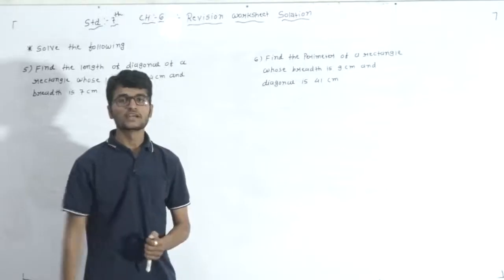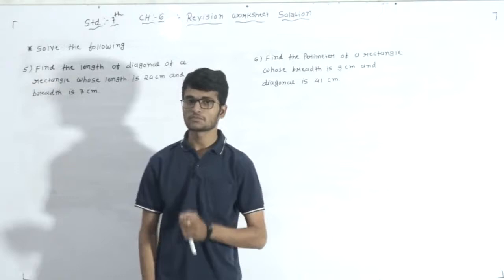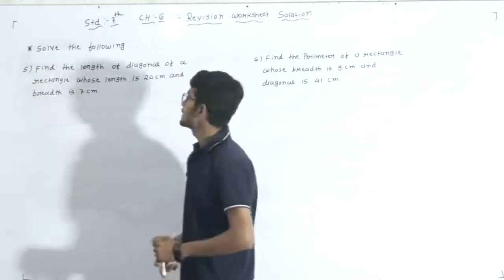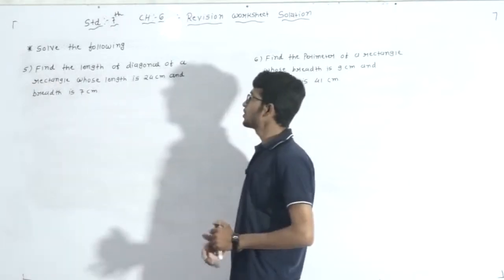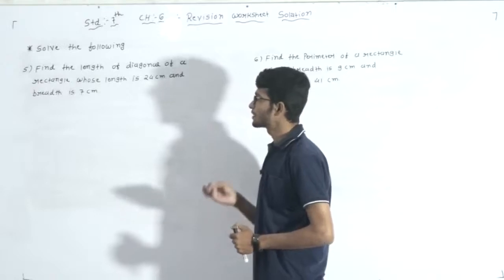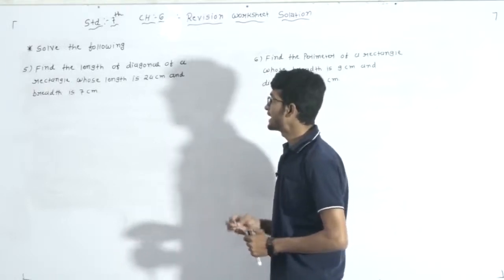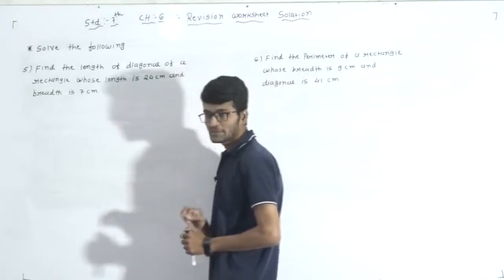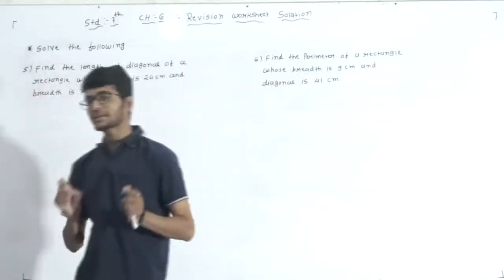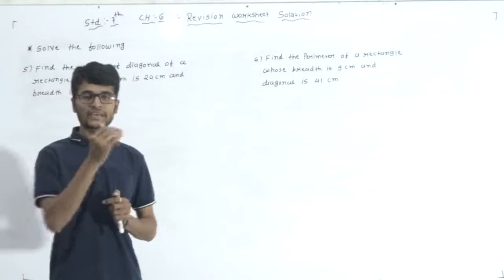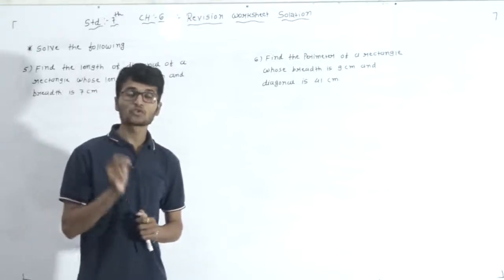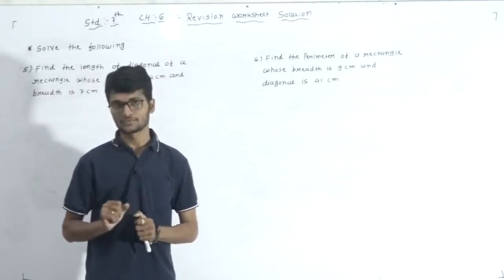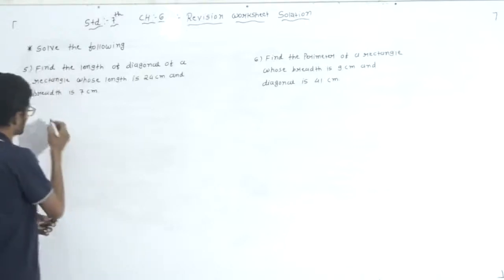Okay, students, now to our next question, question number 5. In question number 5, find the length of the diagonal of a rectangle whose length is 24 centimeter and breadth is 7 centimeter. It means one rectangle is given, with its length and breadth, but we have to find the diagonal. So dear students,